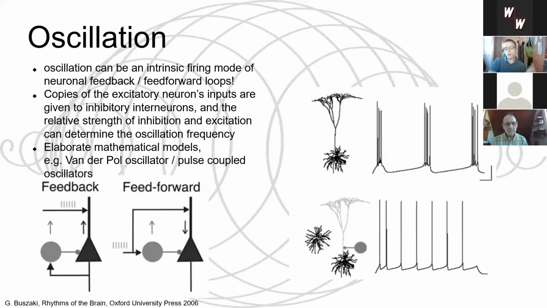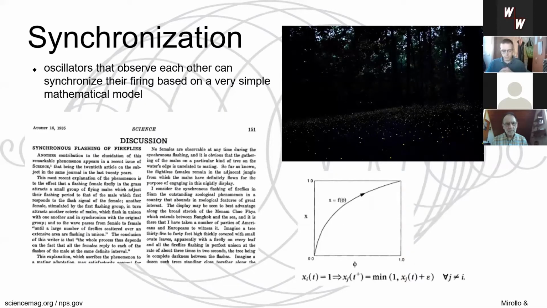But it becomes even more interesting because it turns out that single cells that oscillate can synchronize with each other, right? This is what we've just seen. And also this synchronization of single oscillators is not dependent on a common pacemaker, on a common drive that tells them to synchronize. But this is also something that the oscillators can, in principle, do autonomously. And this idea did not come from neuroscience. The original observation comes from fireflies.